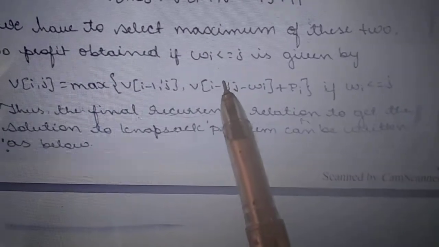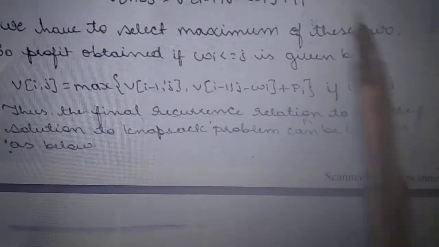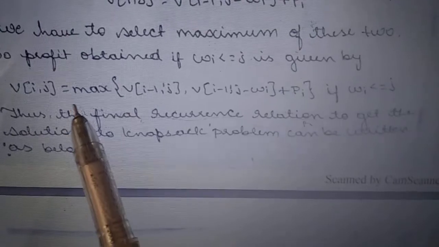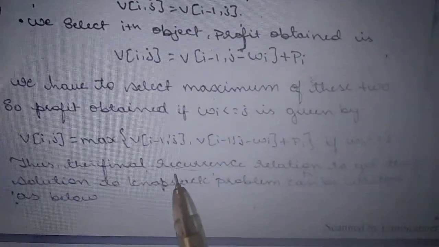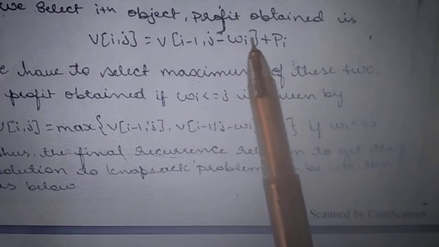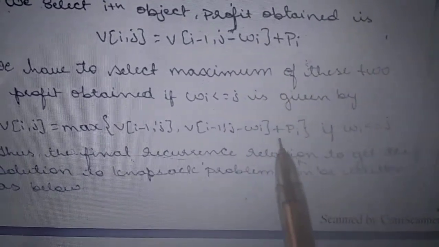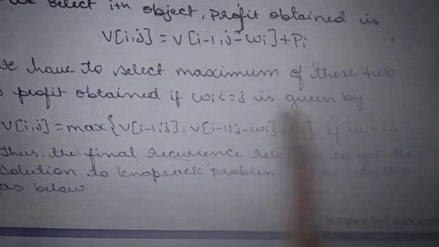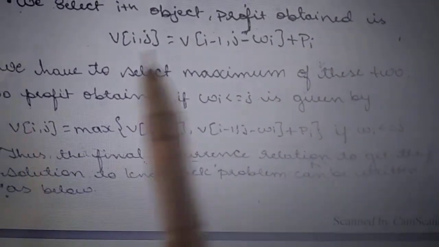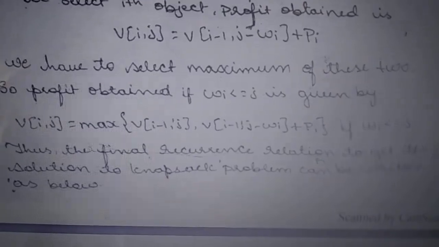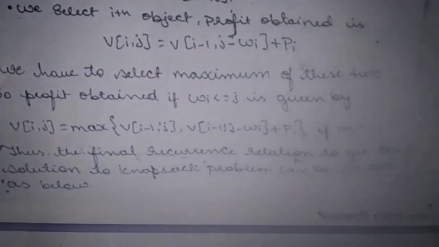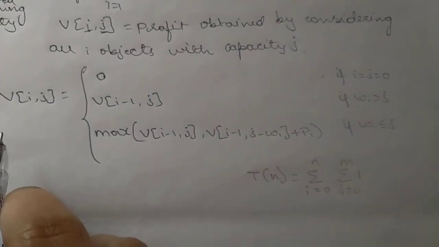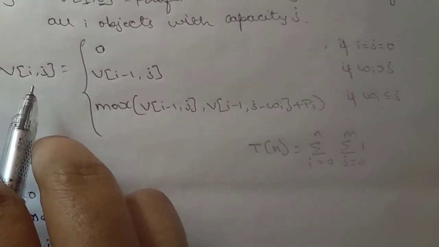If Wi is less than or equal to j, then it is given by V of I comma j is equal to max of V of I minus 1 comma j, or V of I minus 1 comma j minus Wi plus Pi. The maximum of these two has to be selected as the profit if W of I is less than or equal to j. So by seeing all the three cases, we can write the recurrence relation as